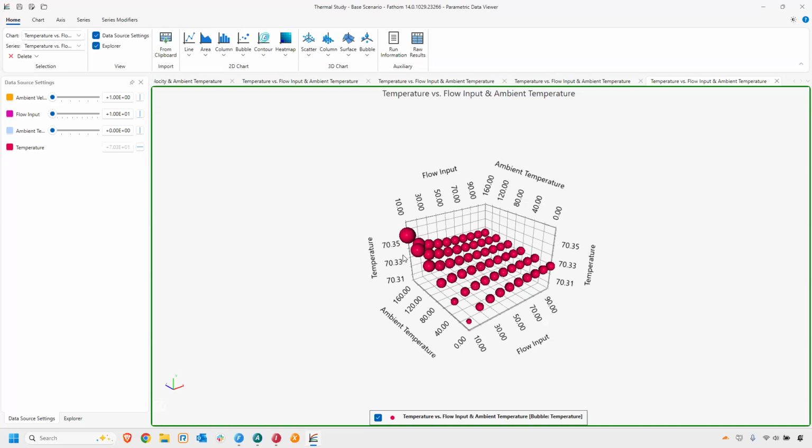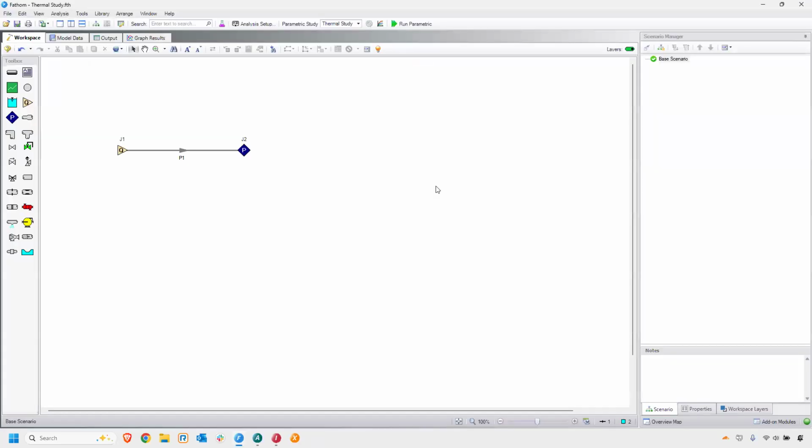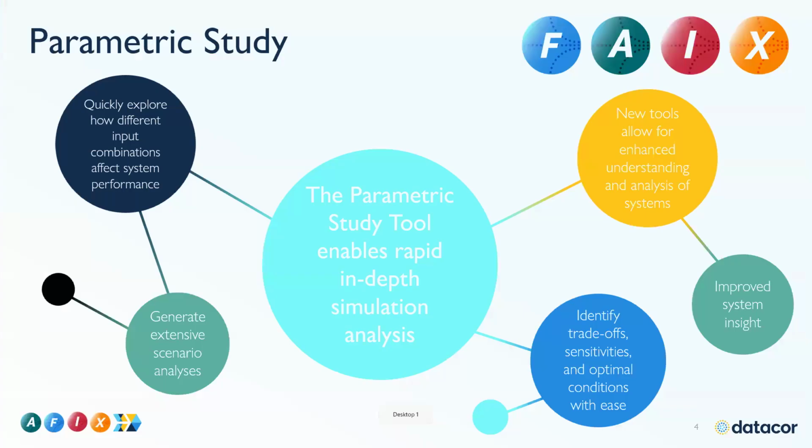We'll see the parametric study tool a bit later when we're showing it in tandem with another feature. But ultimately, what's important to note is that the parametric study tool really has a lot of capabilities to vary a lot of different parameters in many different ways. It can be a really useful tool to help visualize data and save time creating lots of different scenarios just to vary maybe one or two parameters. I'm going to close out of this, and we are going to jump back to our slides here and move on to our next feature,